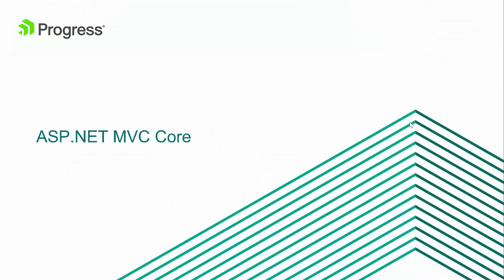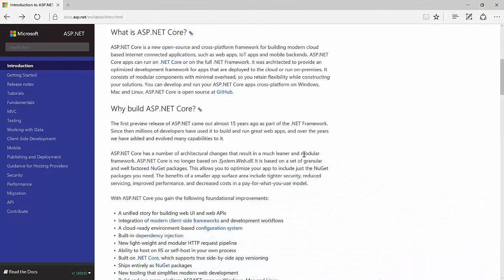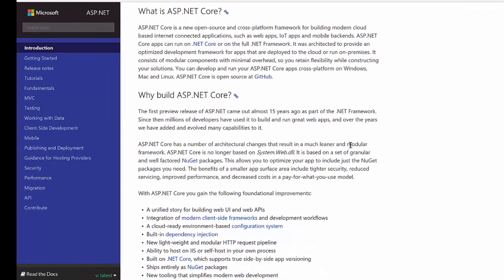Let's try to quickly understand what is ASP.NET MVC Core. This is the official documentation for ASP.NET Core or ASP.NET MVC Core. The website is docs.asp.net. That's the new documentation website. According to the official documentation, ASP.NET Core, or the ASP.NET MVC Core as we like to call it, is a new open source and cross-platform framework for building modern cloud-based internet connected applications such as web apps, IoT apps, and mobile backends. The ASP.NET Core apps can